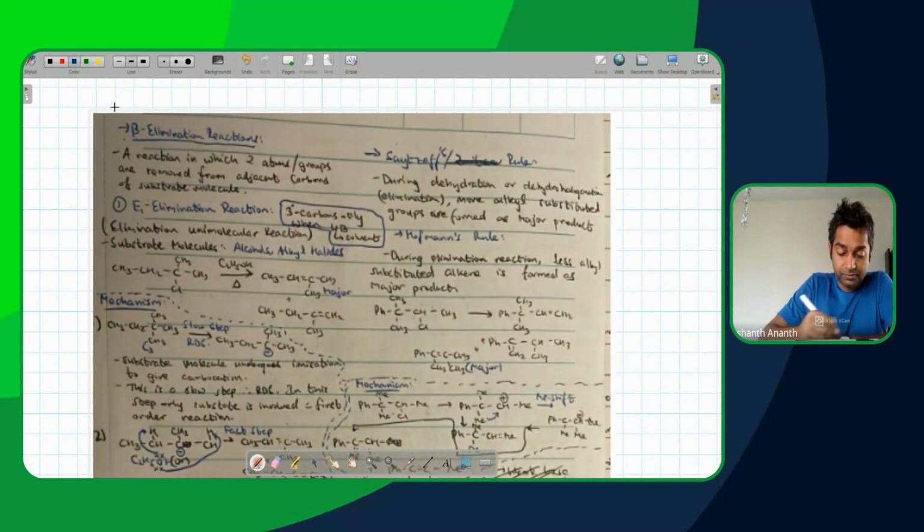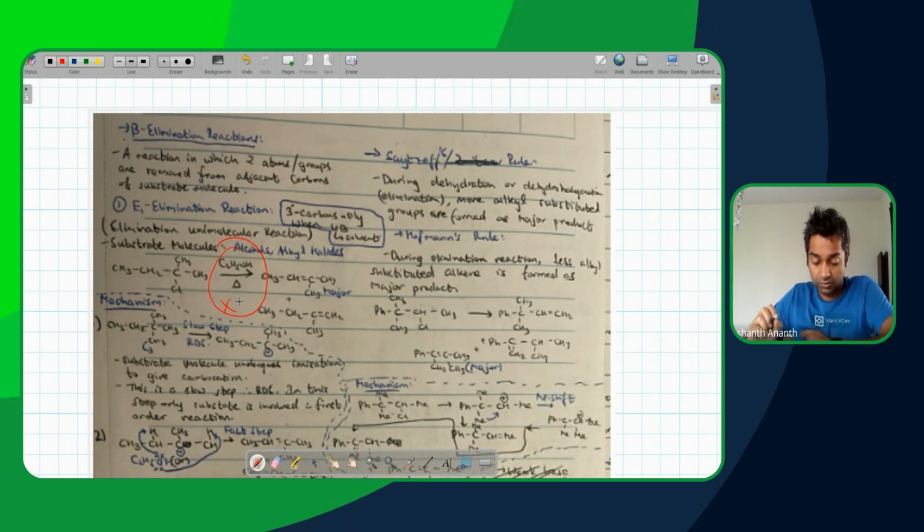So let's start off. Beta elimination reaction, a reaction in which, okay, whatever, this part is fine. Now, this is very wrong. Never write your reaction like this. Your synopsis absolutely should not be this. This is wrong. And in this particular case here,